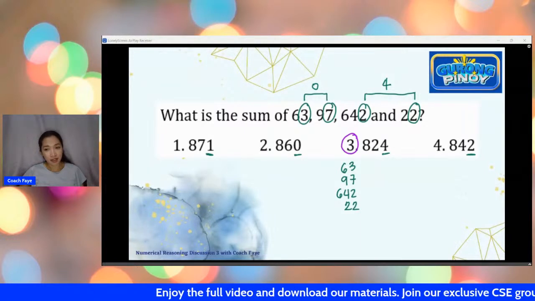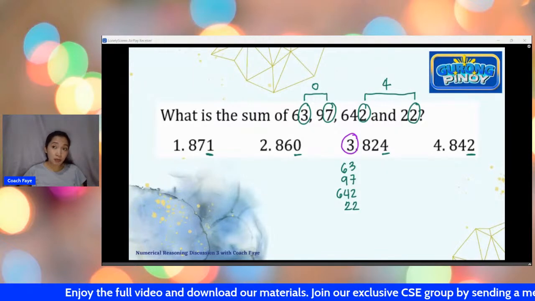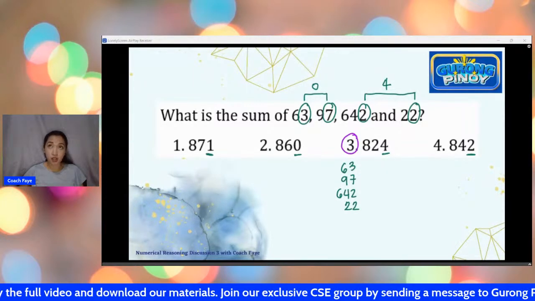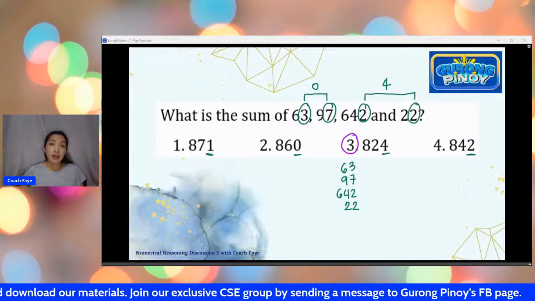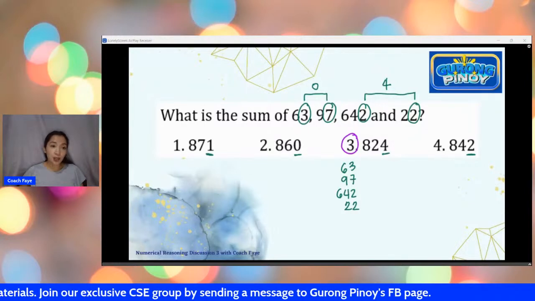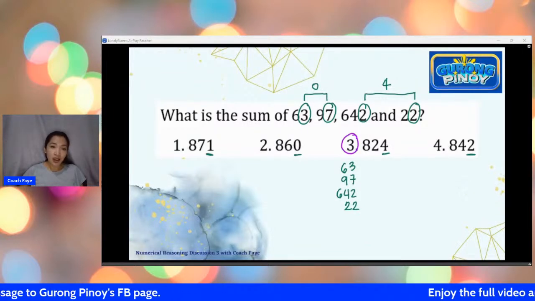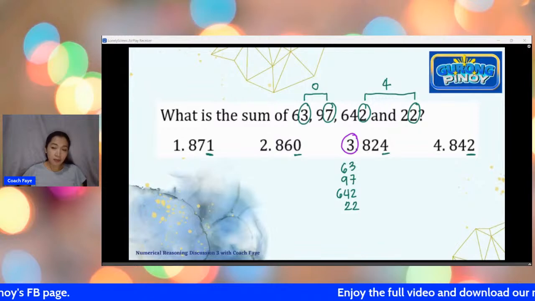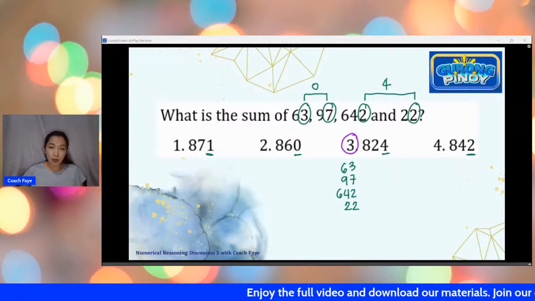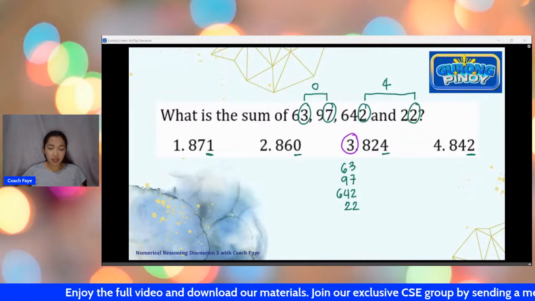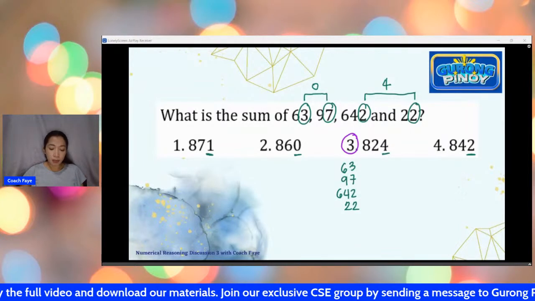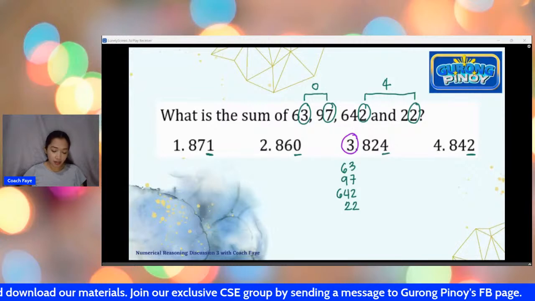Okay? Although sometimes you have to be sure din po kasi minsan depende sa instruction. Sometimes the instruction will say, if the answer is not in the choices, choose 5. So what if wala pala sa choice, ano? So you might want to, if may time po kayo, complete na lang the solving. But if nagmamadali na po kayo, like for example, medyo kulang na sa time, you can just solve the last digit. Kasi rare lang naman po na wala yung sagot sa choices. Rare lang naman po yan.